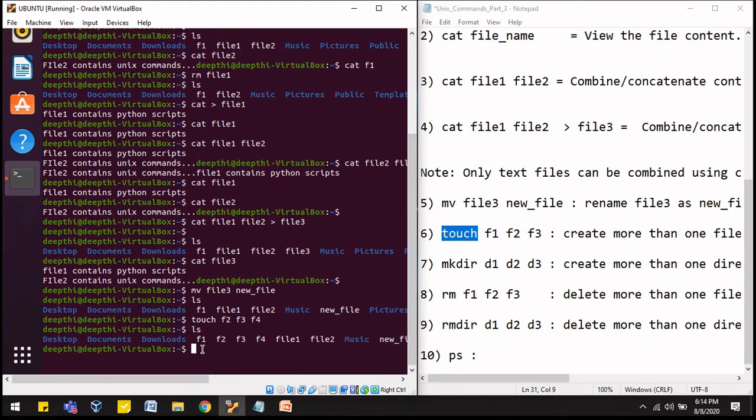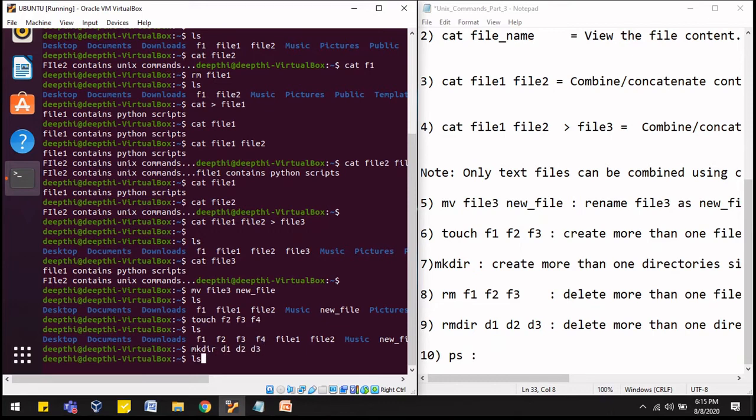Now when we want to create a directory, I will write mkdir. Let's say I want to create more than one directory. To do that, simply write the names of the different directories with some space. So I am writing mkdir d1, d2, d3.